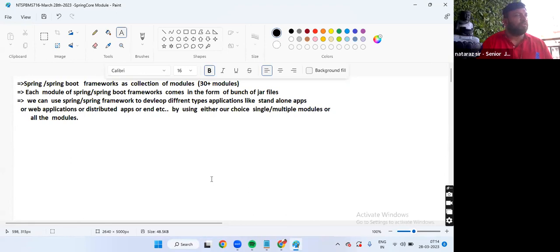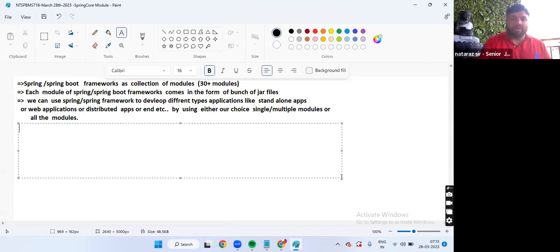JSF is another framework, an alternative to Struts, to develop web applications. Are you understanding my statement? If someone asks, what is a module, sir?